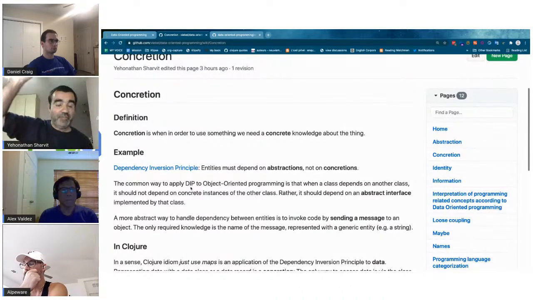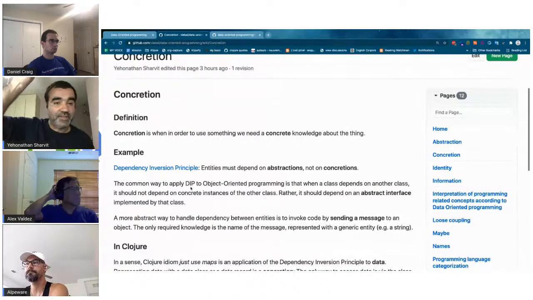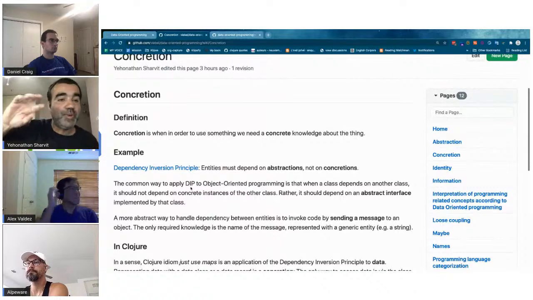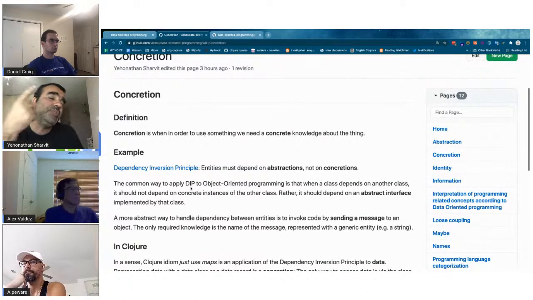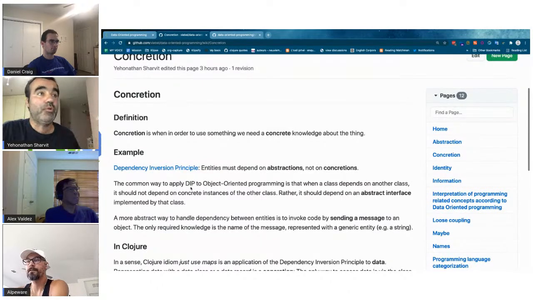There should be an interface, and A should call the method of B through the interface. And then you have the freedom to replace B, right? Even if there is only one implementation of the interface, it makes sense to apply this principle because it allows you to work with abstractions instead of concretions. So that's the common way we interpret this principle in object-oriented programming.